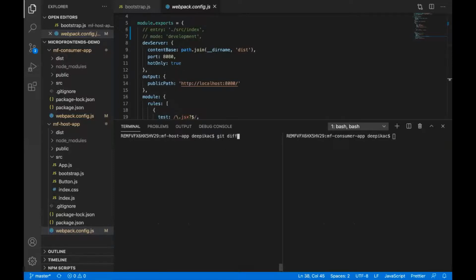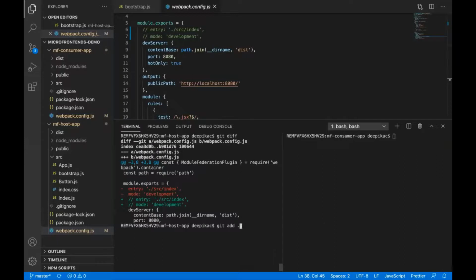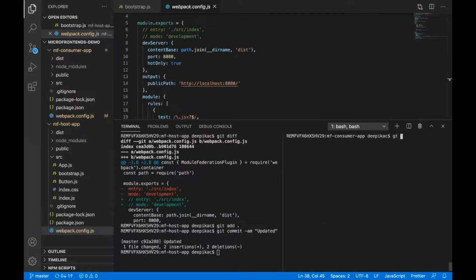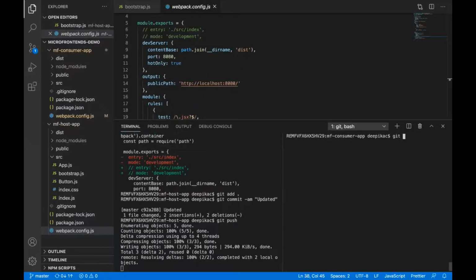So let's see the difference. Git add, git commit, updated, and git push. I have already cloned it from GitHub, so this repository is there in GitHub, so no need to make those changes.